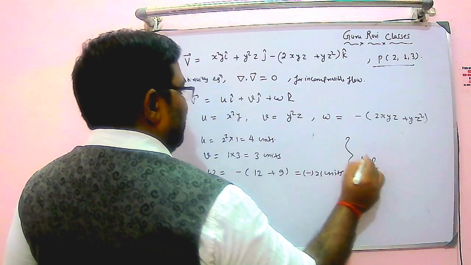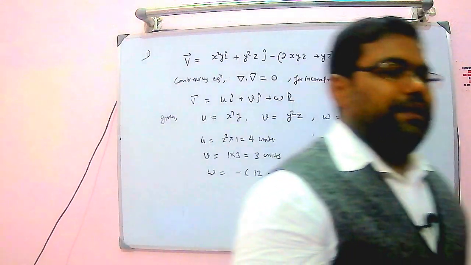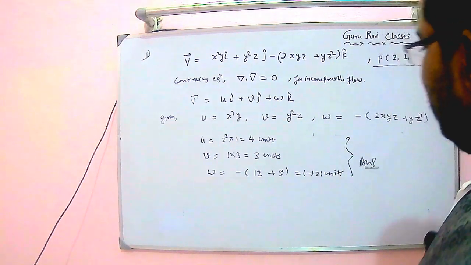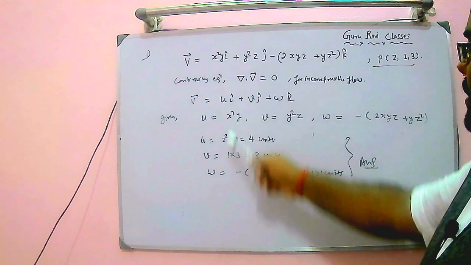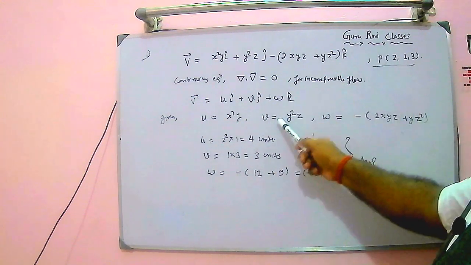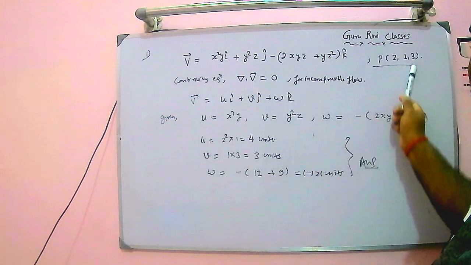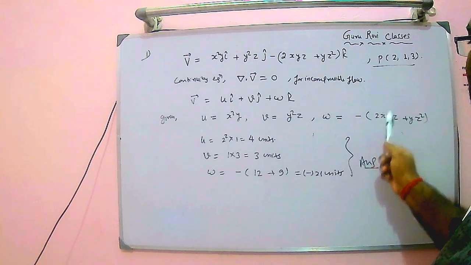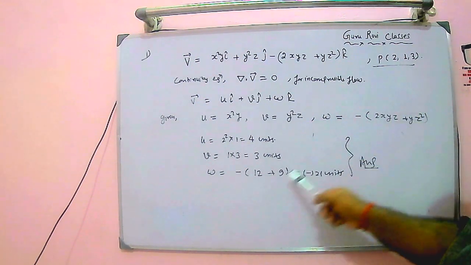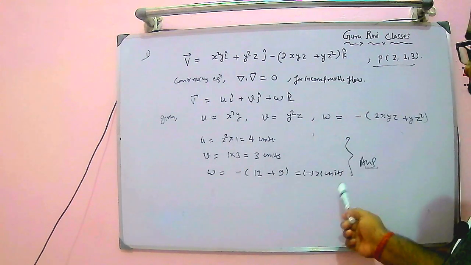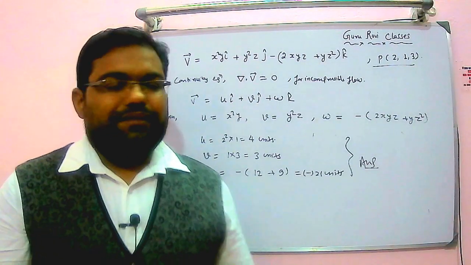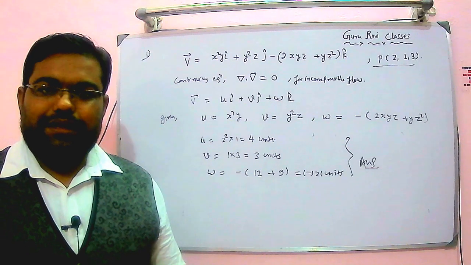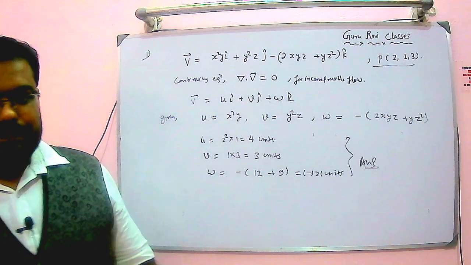So the velocity component at point P can be calculated in this way. Just substitute the values. I substitute the value of x here, this is becoming 4, and put the y and z values here, this is becoming 3, and then minus times of x, y, z, everything, this is 12 and this has become 9, so 21 units. So like that you can solve this problem. This was the first problem, very straightforward, easily you can find it out.